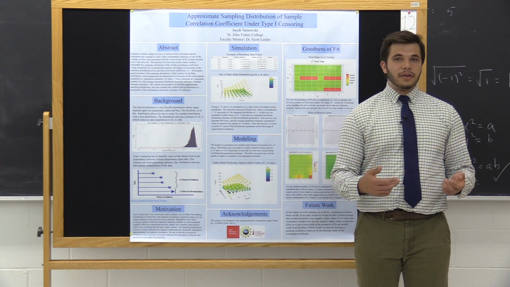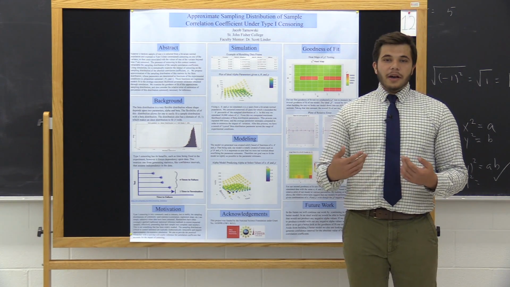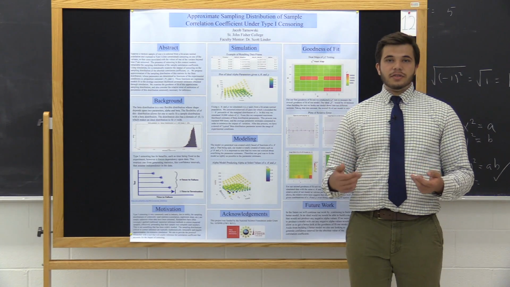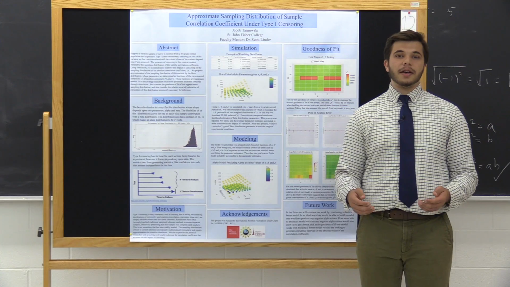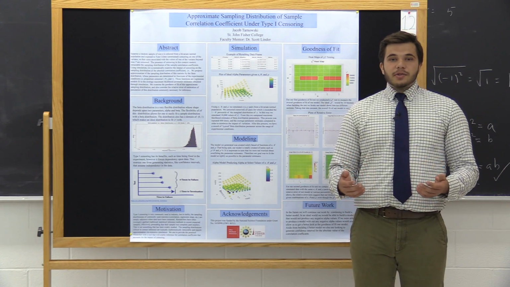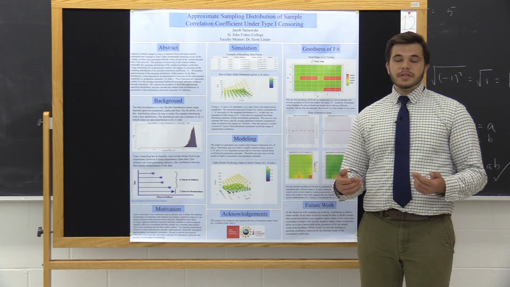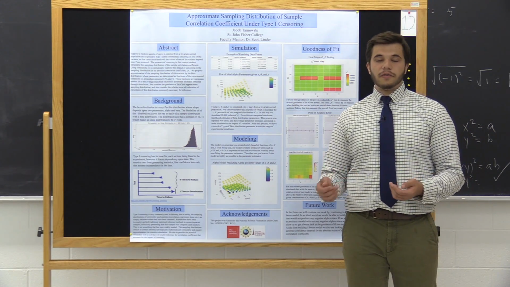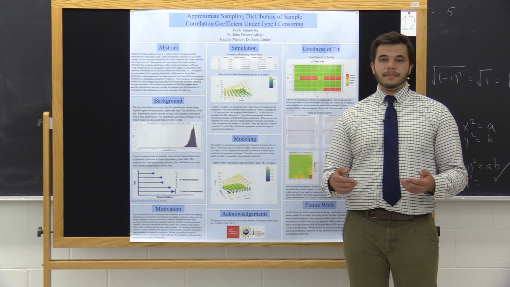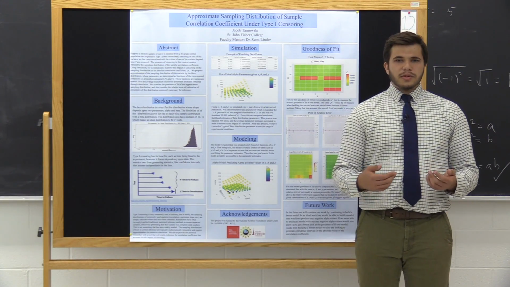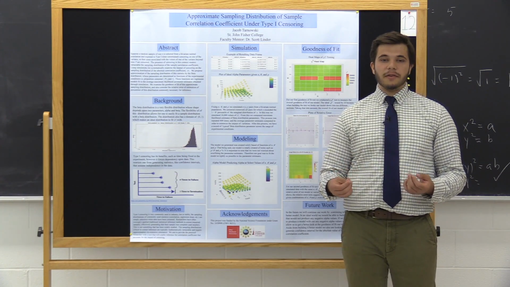Now, after our modeling phase, we moved on to the phase of our project where we evaluated our model's goodness of fit. We did this in two ways. The first way we evaluated our goodness of fit was with a chi-square test. With our chi-square test, we compared the beta distributions our model generated to newly simulated data to test the overall goodness of fit. Our model performed very poorly under the chi-square test. This is most likely due to an error in my code that I believe is inflating our chi-squared values.